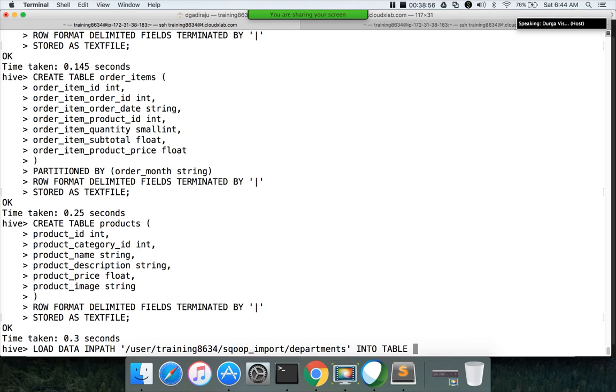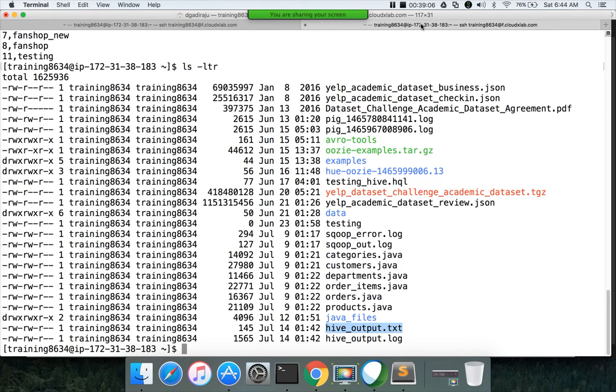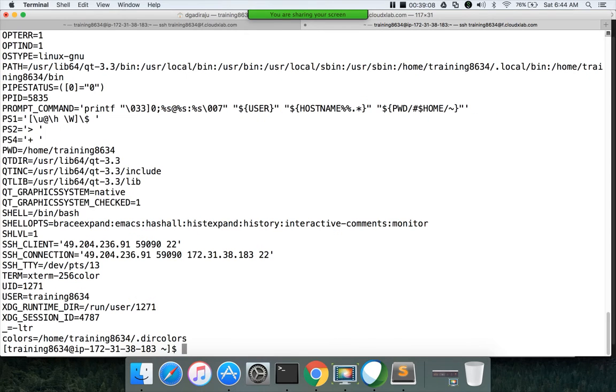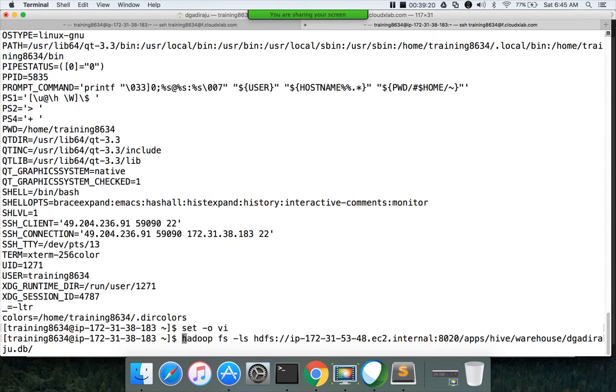Our table name is departments, and hit enter. So now you can see that all the files are copied to this location. That we can validate by running the Hadoop fs -ls command. If you see this location,